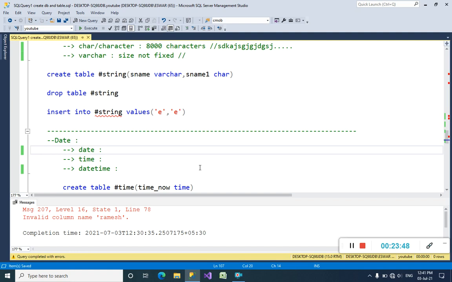They want to analyze their data. So some people can store date values.